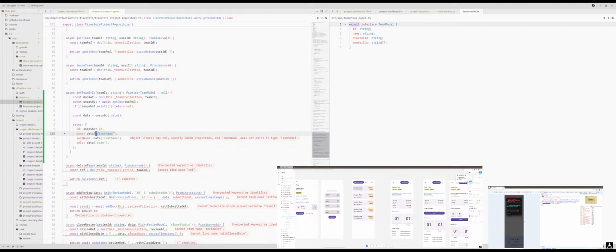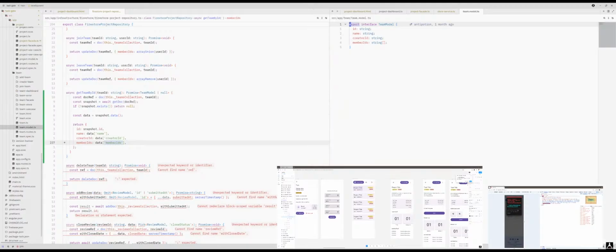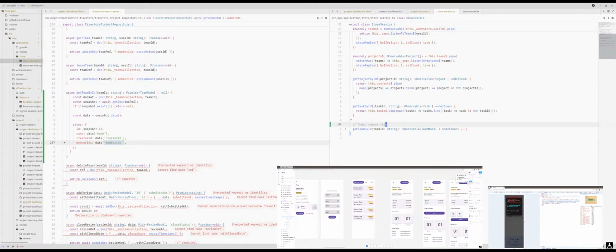Here should be a name and the creator ID. Should also be a creator ID and the member IDs. There you go. I can now delete the one here. This one, I can now delete it. And instead,